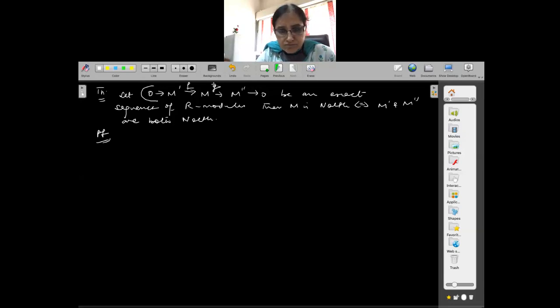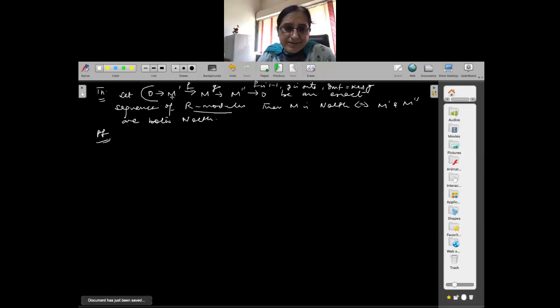Ma'am, if image of F is equal to kernel of G, then we say that it is exact. Image of F is kernel of G, F is 1-1, G is onto. Yes. So exact sequence of R modules means F is 1-1, G is onto, image of F is kernel of G. F is 1-1 means that in M you have a submodule isomorphic to M dash.